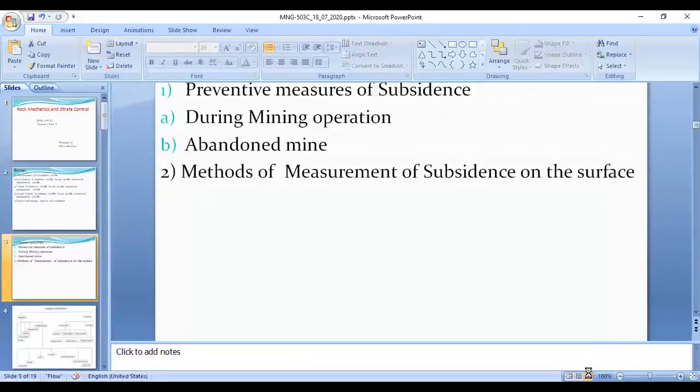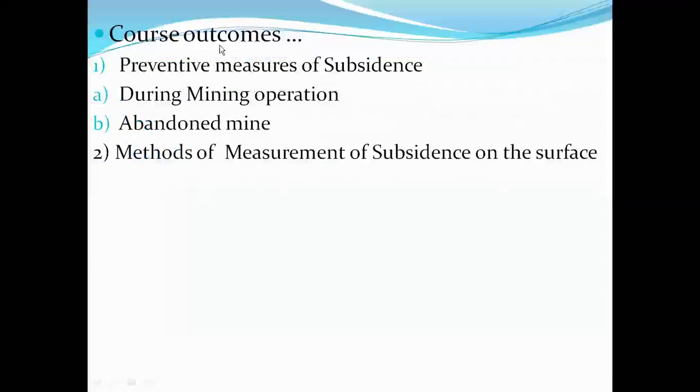Just to recap, in this video lecture we discussed the preventive measures of subsidence, while carrying out the mining activity and in case of abandoned mines. While carrying out mining activity, we can predict and prevent subsidence by adopting control measures like partial extraction, with different approaches like the chessboard pattern, widening and stowing while splitting the pillars, or a combination of them. In case of an abandoned mine, by filling that particular area.